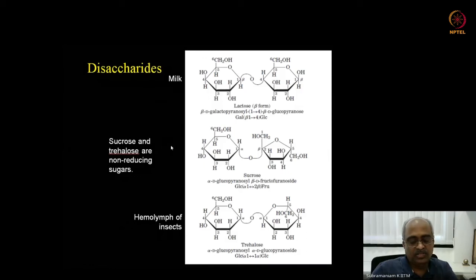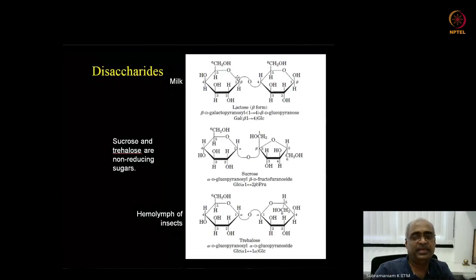So two glucose molecules in starch itself, or cellulose itself, is a disaccharide. So you can consider them as a disaccharide repeating unit. Apart from that, there are carbohydrates that exist as disaccharides as such. For example, in milk, we have beta-D galactose. Like this hydroxyl group is shown above the ring, and therefore it is beta. So beta-D galactopyranose is in glycosidic bond with